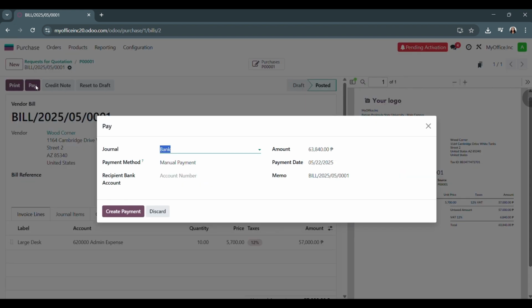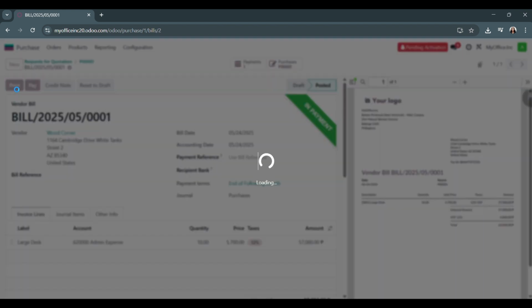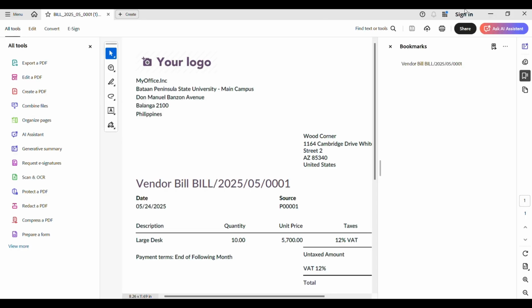Click pay and create. You will see the journal in bank. So you will see it in payment. Click print and go to accounting.